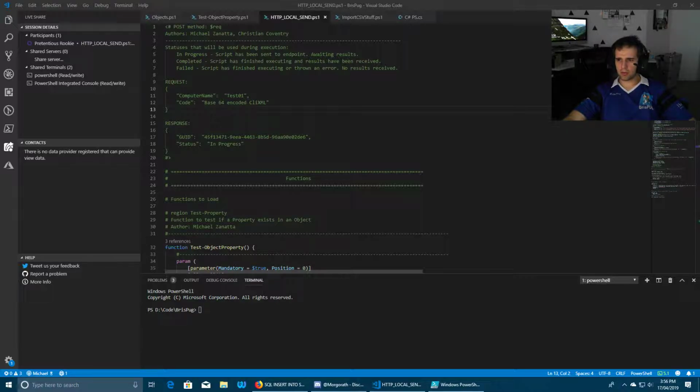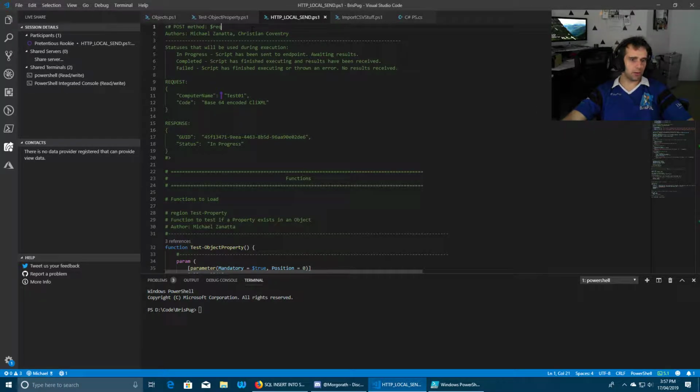Just trying to find the one I want. Scripting blocks are always good. This is going to be a bit of homework for you. This is an article I want you to read.